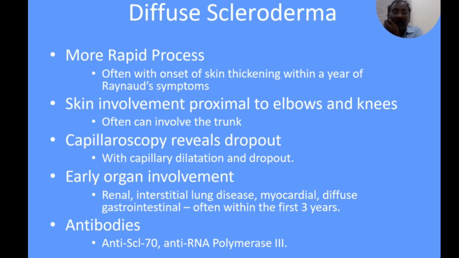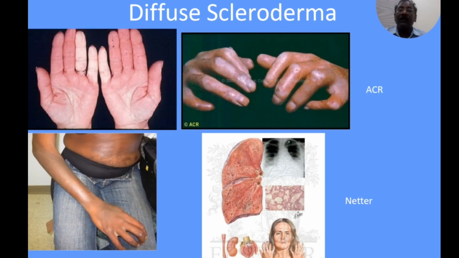anti-Scl-70 and RNA polymerase III positivity will be seen in diffuse scleroderma, whereas anti-centromere antibodies will be positive in limited scleroderma. See, this is diffuse scleroderma with Raynaud's phenomenon, sclerodactyly, and then flexion contractures, and then the trunk involvement here,